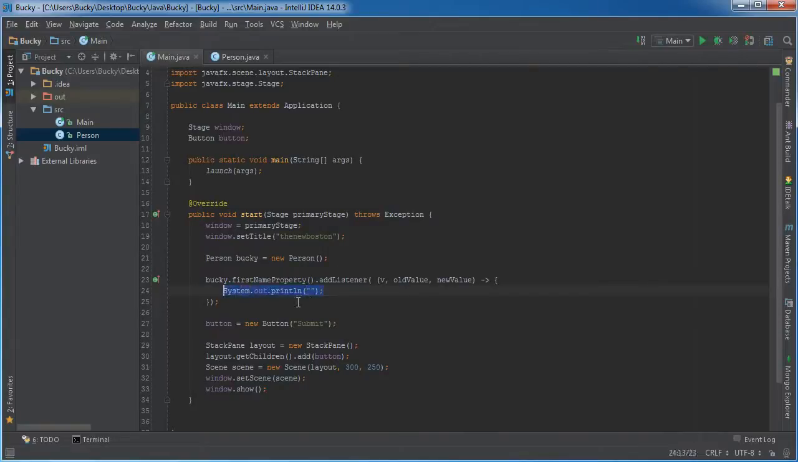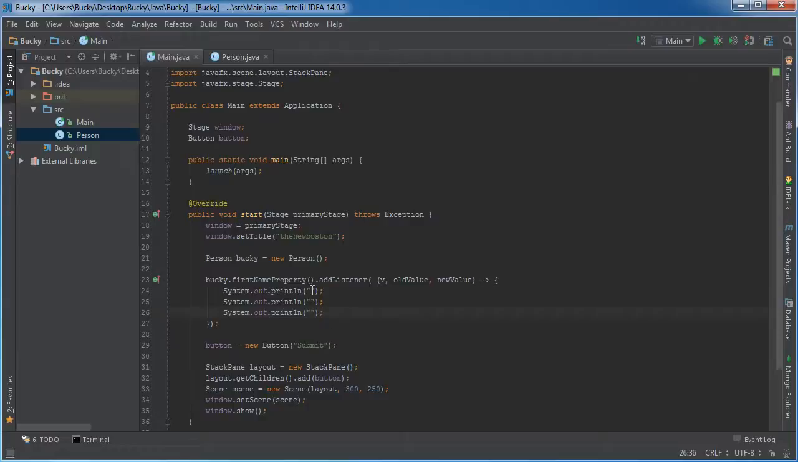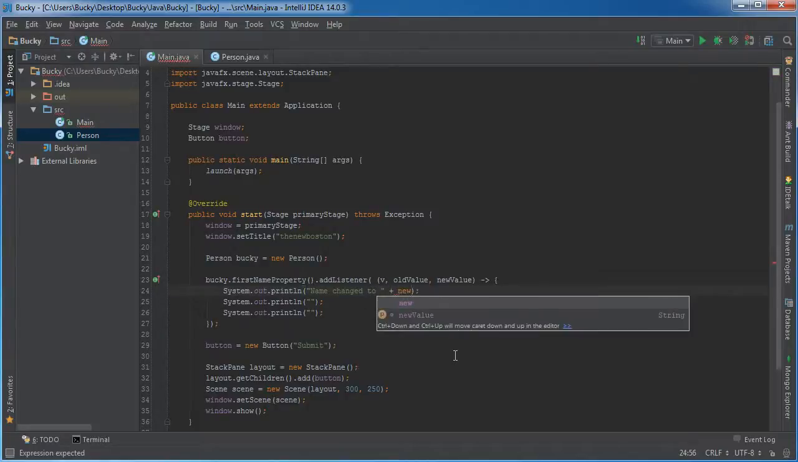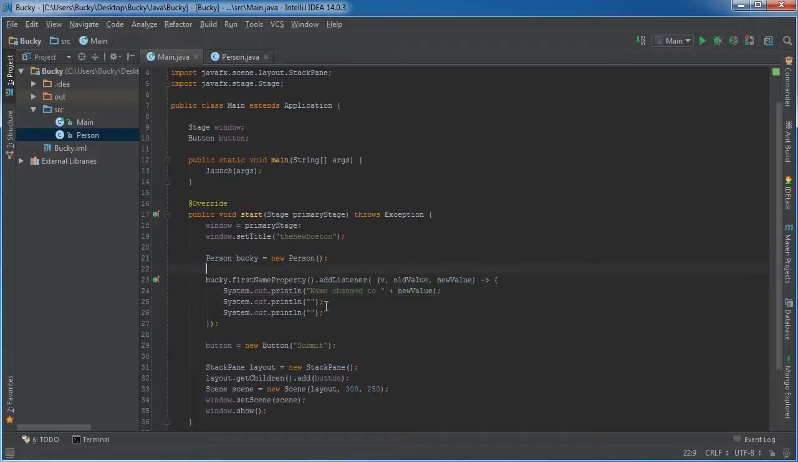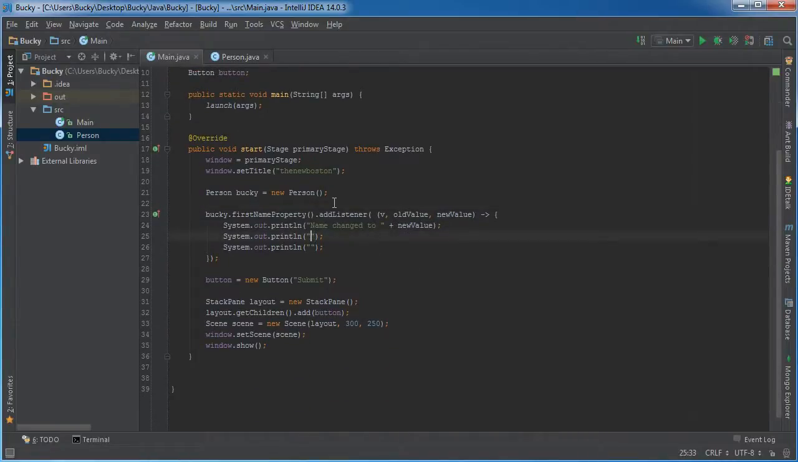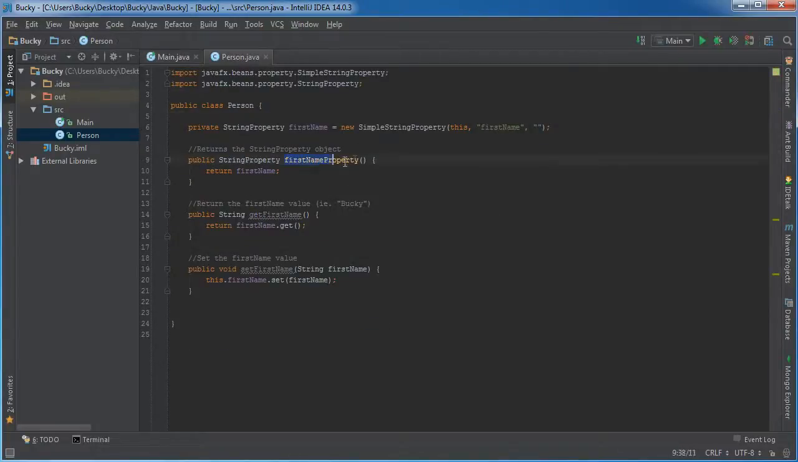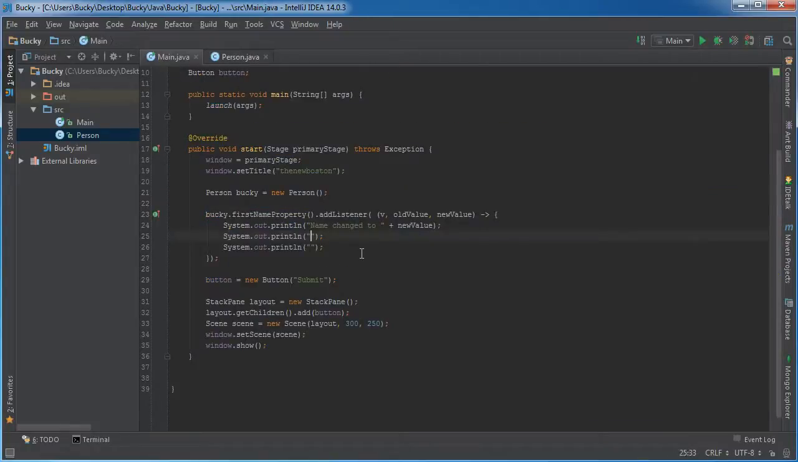And let me just copy this little thing right here. Alright, so what can I print out? I'll say name change to new value. So whenever we change his name, it's going to say name change to Bucky, Sally, whatever. And for the other one, I'll print out this right here because I want to demonstrate the difference between the actual value of Bucky in the object, because that's kind of confusing for some people. So the first thing I'm going to do is print out the object, and it's going to look a little bit goofy,